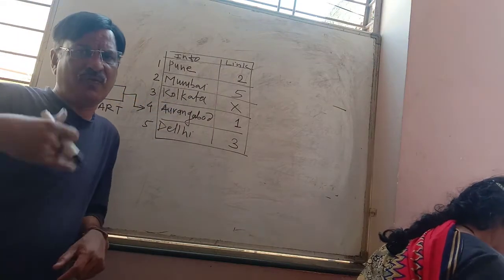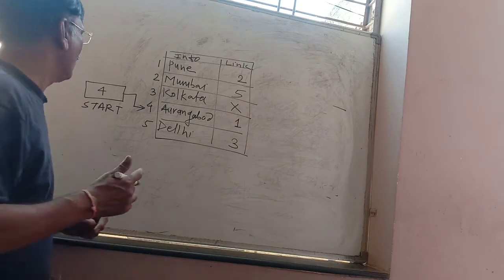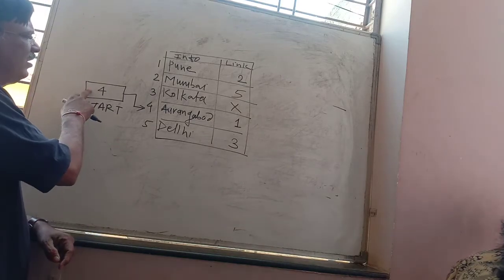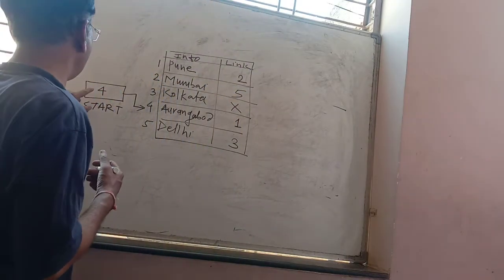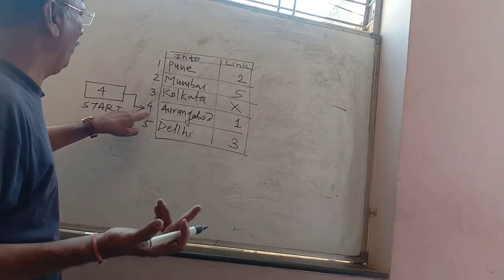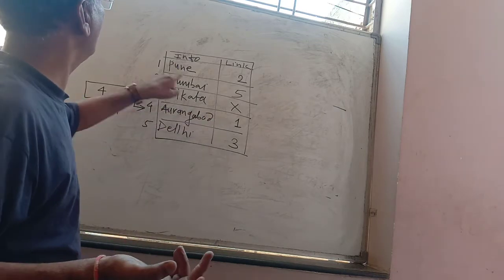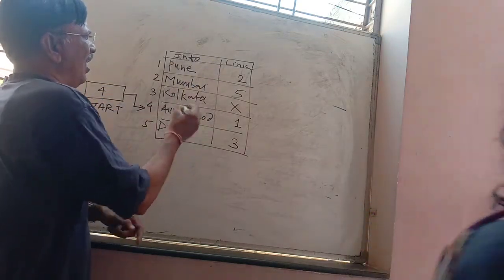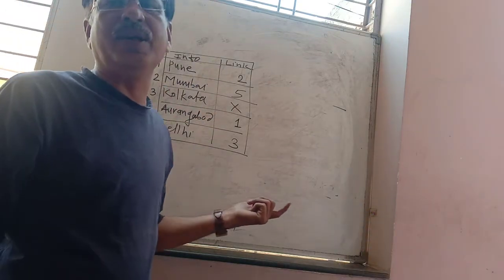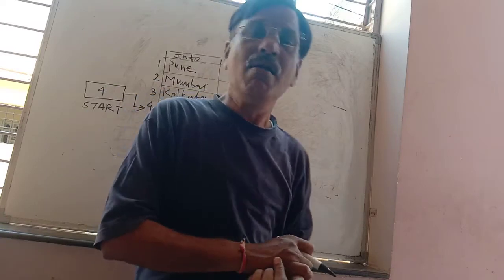that will give the address of the next node, and it will require one more variable that is called start. So here the start is the variable that will give the address of the first element. Here the start variable gives the address of the first element, that is 4, where the information part is Aurangabad, where the link is given to the next element, and so on. So the last element will not give the address. So this is called a null address. That is called a linked list.